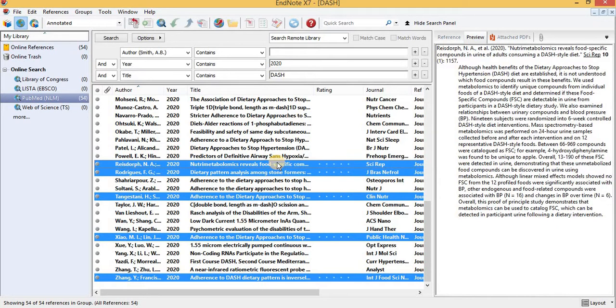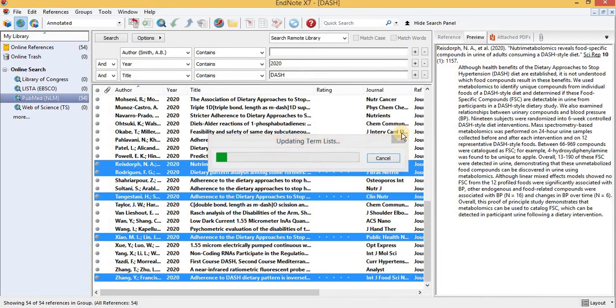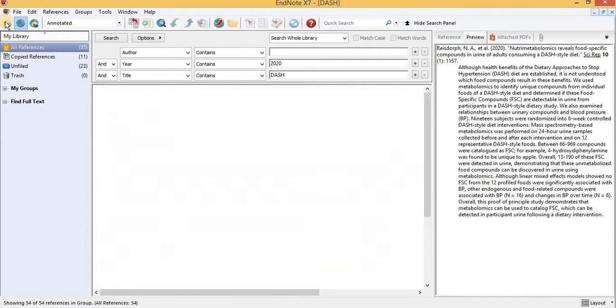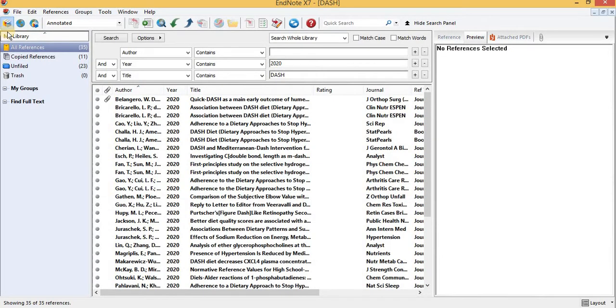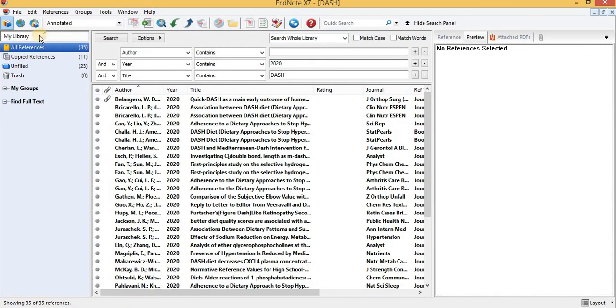Otherwise, if we would like to copy them, then we have to place our cursor on one of the highlighted articles, then right click and copy reference to dash.env, and we can see all of them in the local library mode. Here you can see I recently copied 11 articles, and previously that was 24, and now it is 35 articles.